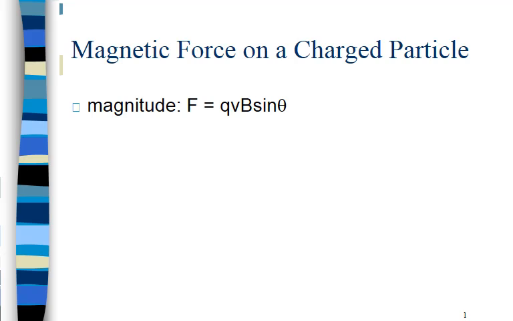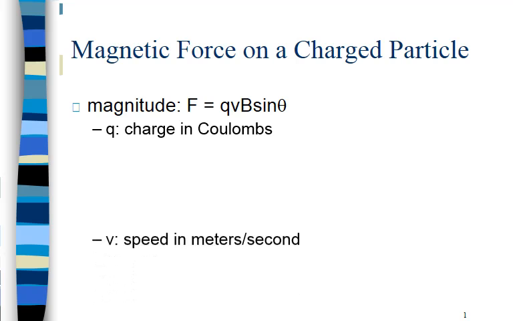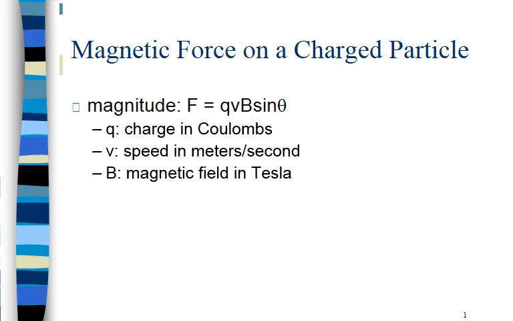The way that we calculate this is based on three factors. How much charge do you have? How fast is that charge moving? And what is the strength of that field? And then what component of that is perpendicular to that field? So the charge in coulombs, velocity, or the speed really in meters per second, and then the strength of the